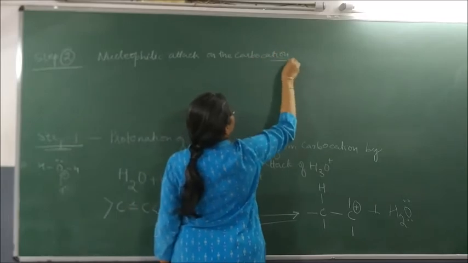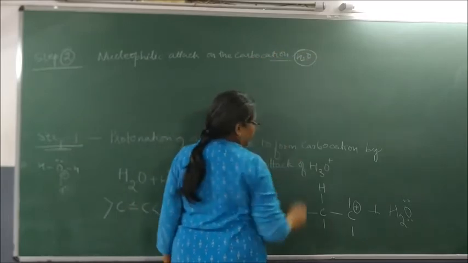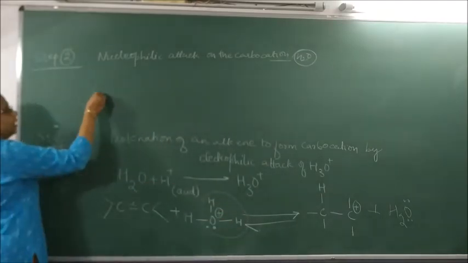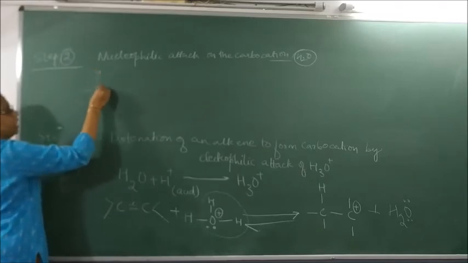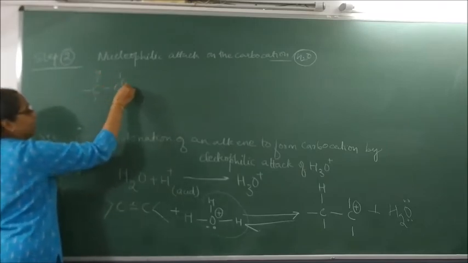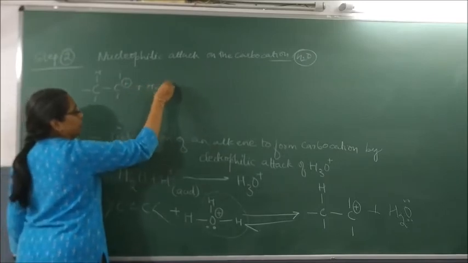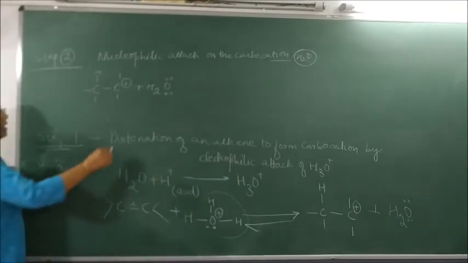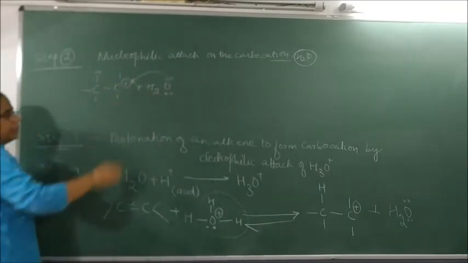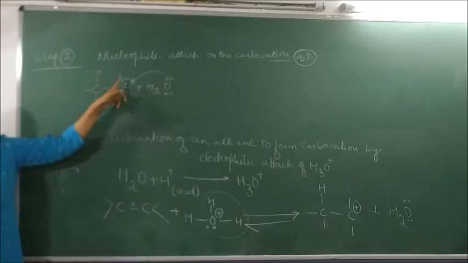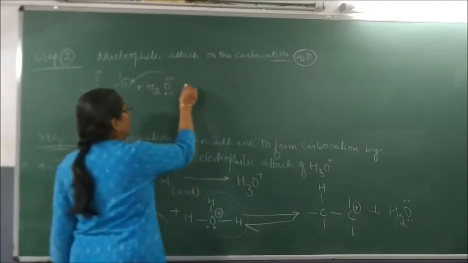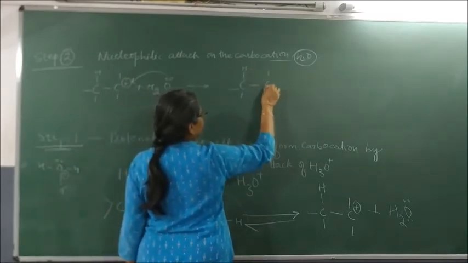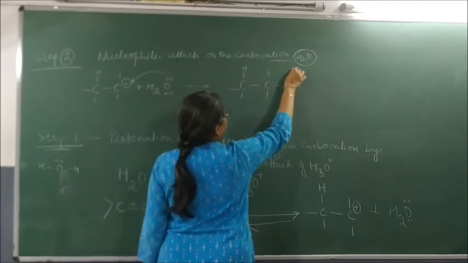What is attacking? Nucleophilic attack is being done by water molecule, because water is what rich? Electron rich. So let us understand now. We have this as CH3, we have this as plus, and we have to react what? Water to it. Water is what? Nucleophile. Where will this nucleophile center attack? It will come and attack at this point, because this is negative and this is what? Positively charged. So it will form what? It will form a compound CH. You have C will have O, H